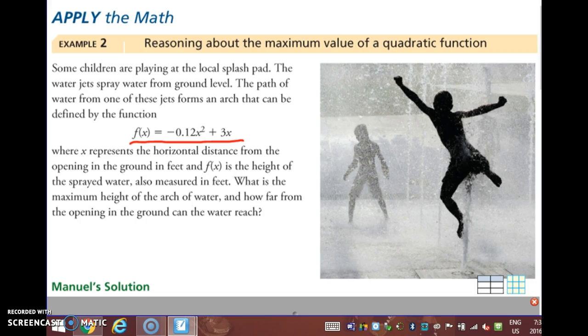The question we need to answer is, what is the maximum height of the arc of water, and how far from the opening in the ground can the water reach? So we want to find the maximum height and how far